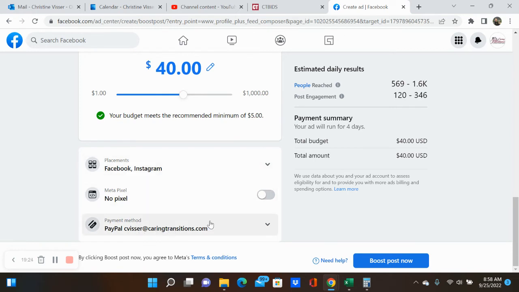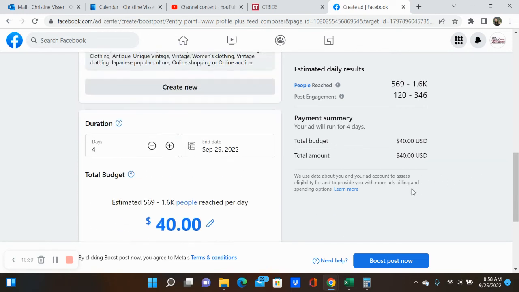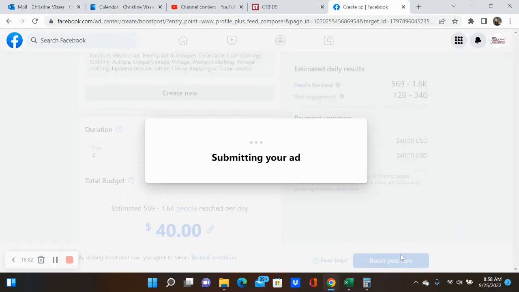And then you want to make sure your payment method is correct. So for me, I have it going to my business PayPal. And that is it. Then we click Boost, and it will submit the ad for approval. The approval process can take 24 hours. It's generally pretty quick,